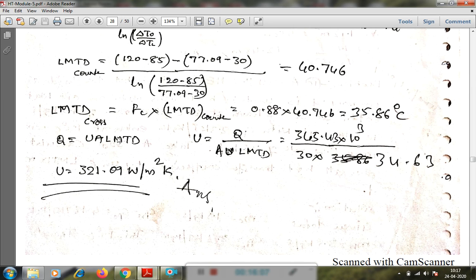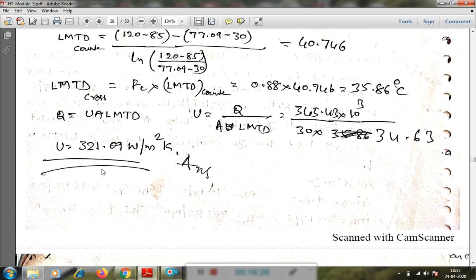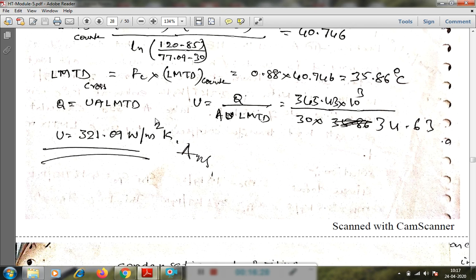Then by using that in the heat transfer equation, Q equals U A LMTD, we have to find the overall heat transfer coefficient U, that is Q by A LMTD. The area is already given, Q we have calculated, and the LMTD we have just now, so the overall heat transfer coefficient we will get. Okay, I will stop here and continue this